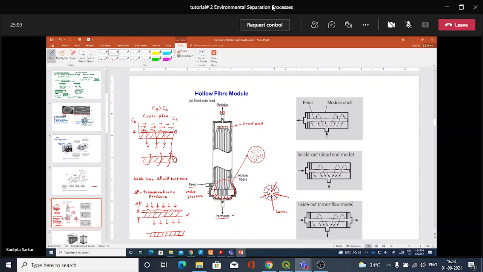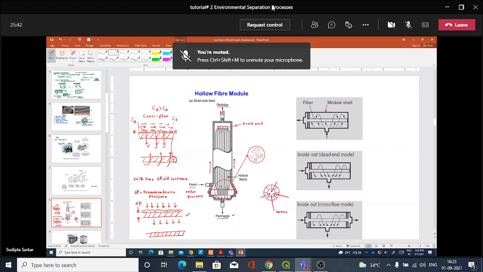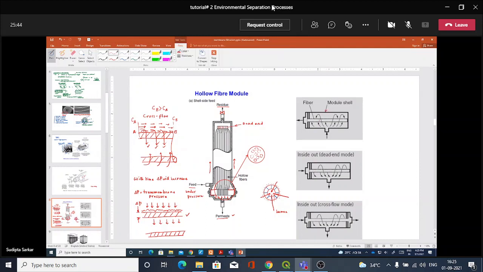So here also you can see that the flow is along this direction, and this direction, and some of the flow is actually taking place through the membranes. Okay. So it's basically a cross flow device, and this is called a hollow fiber module with shell and tube type. So now if you look at this particular module, this part is the shell, and then we have the fiber right here. We can have a number of fibers right here. So only one